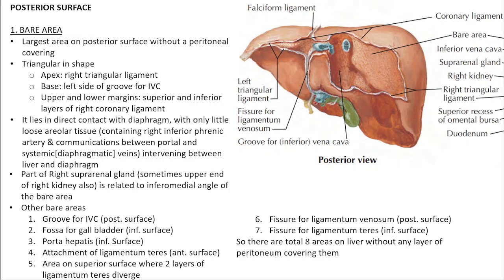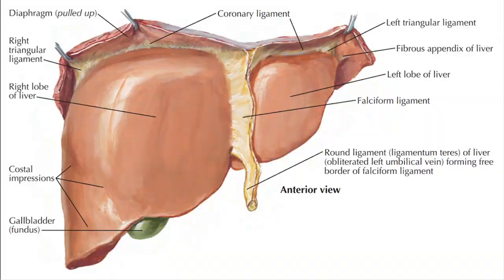Again, I will just show you the coronary ligament in this diagram here. This is the coronary ligament. It is not actually a true ligament, but it is simply what? It is the visceral peritoneum covering the liver becoming continuous with the parietal peritoneum covering the under surface of the diaphragm. So it is just a reflection of peritoneum from the viscera to the parietes.